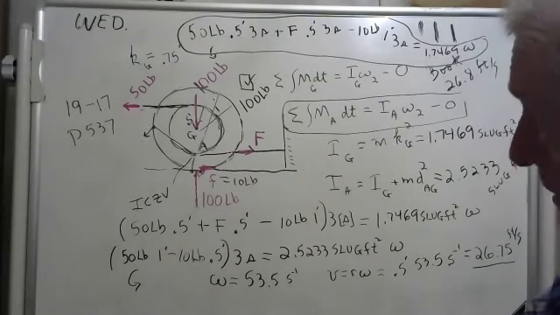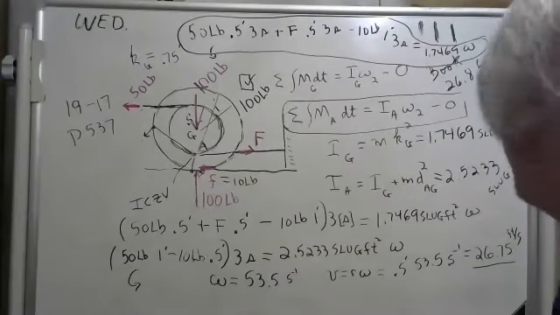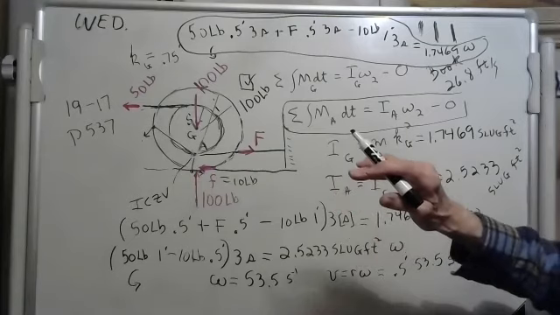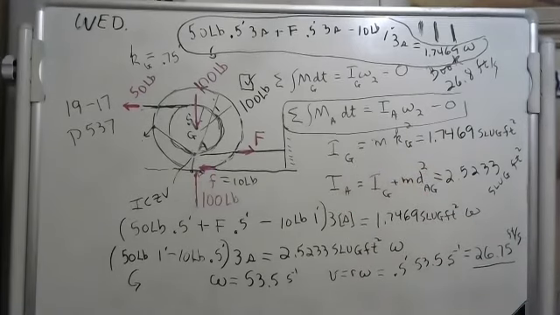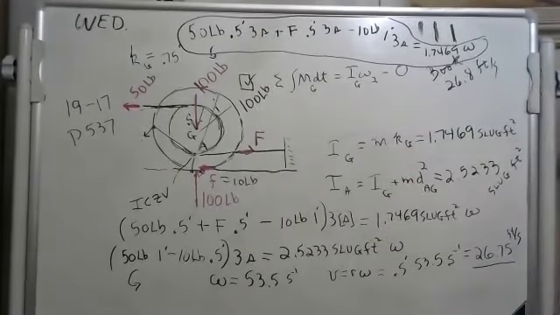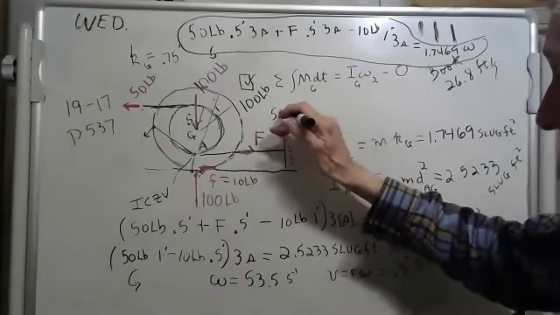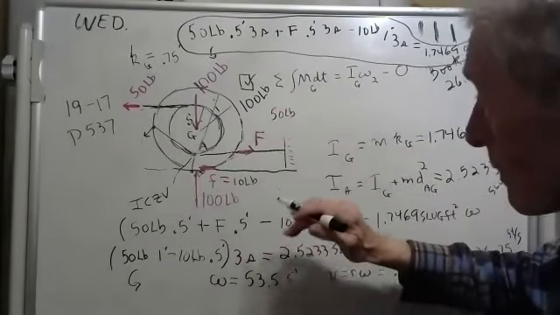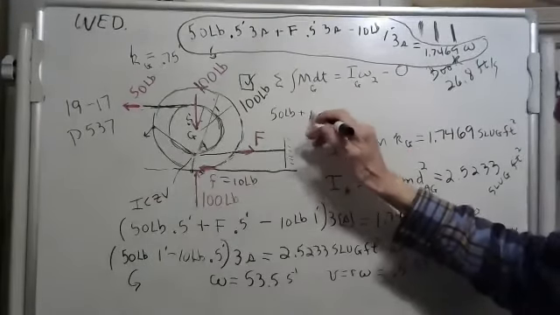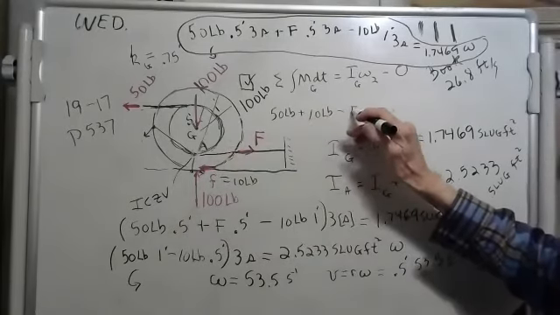How are we going to get that big F? Well, you could get it from here, yeah. Let me show you one last equation. We have 1.5 minutes. There's another important equation. We already used this one, so I'm going to erase it. I want to see if you recognize this one. You know it's going that way, so you got 50 pounds going that way. Minus, no, you got the 10 pounds going that way too. 50 pounds plus 10 pounds, those are both going to the left. Minus that F, which we don't know,